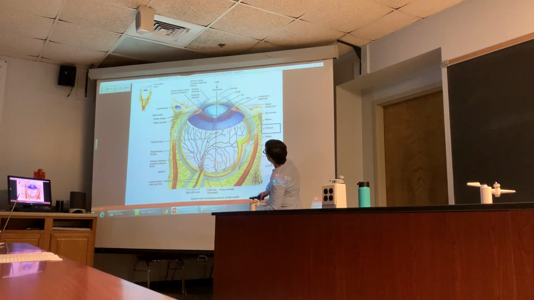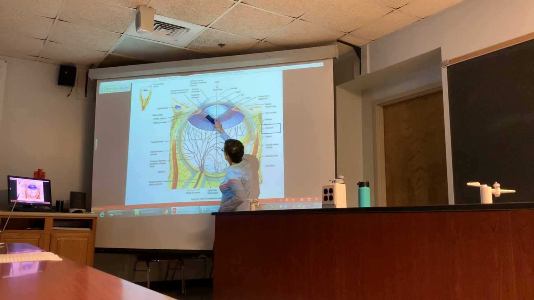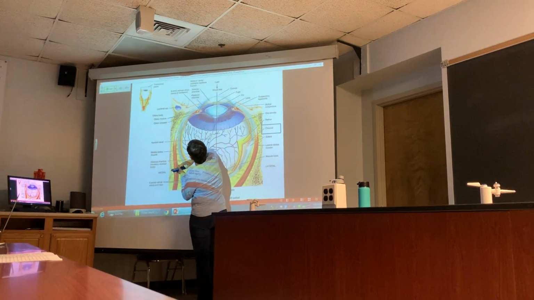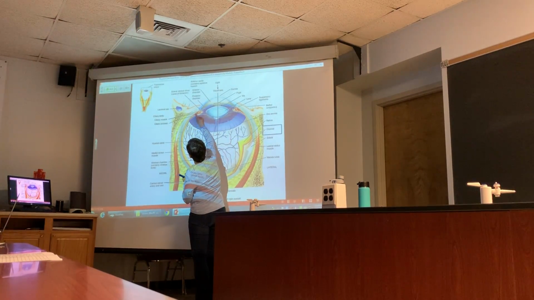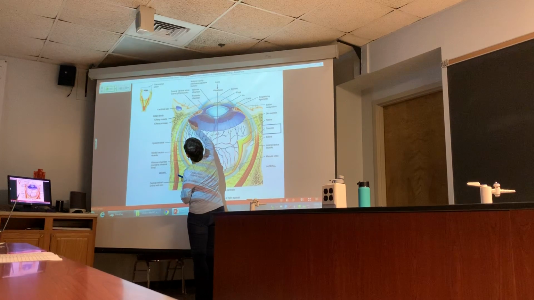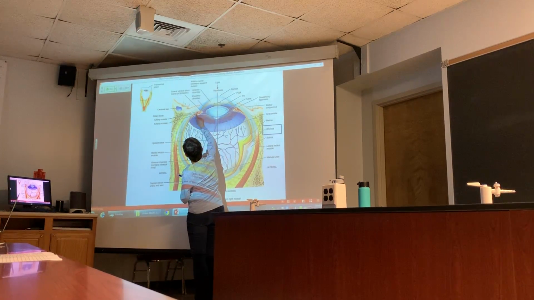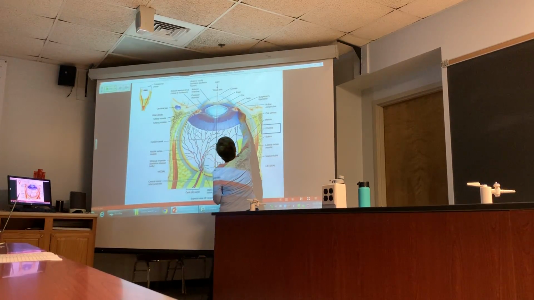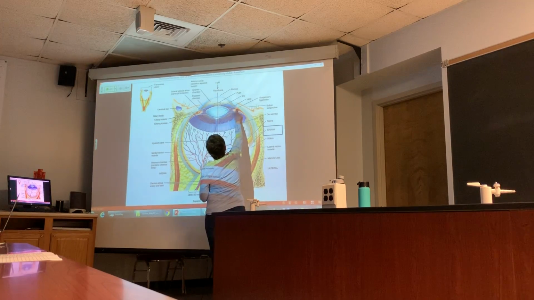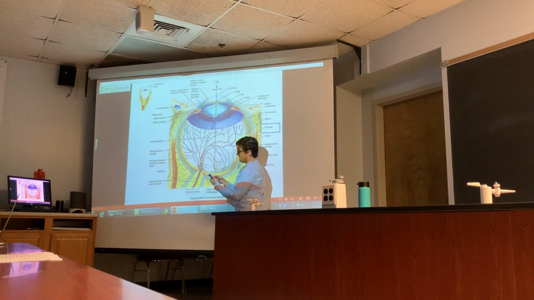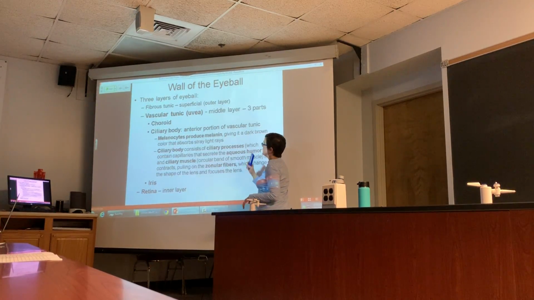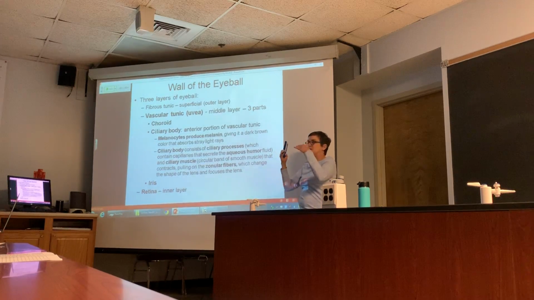But there's some other structures as well in the uvea, or in that vascular layer, that vascular tunic. If you keep going forward into this pink and kind of reddish brown area, you get to what's called the ciliary bodies on each side, and they are located on either side of the lens. So the ciliary body, which is more anterior,